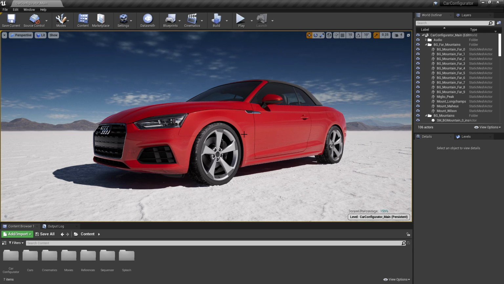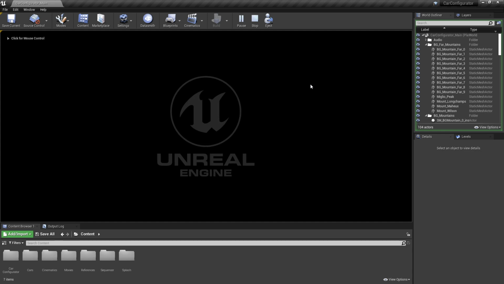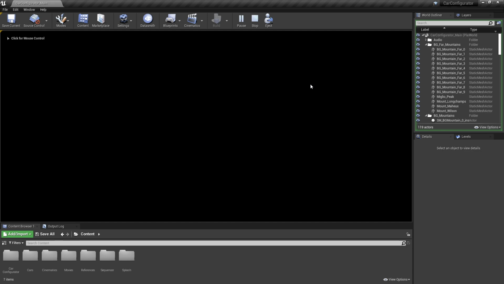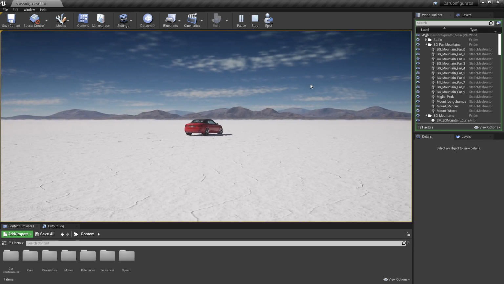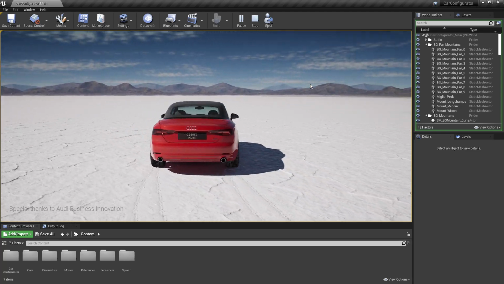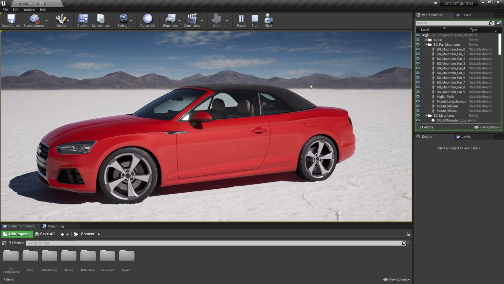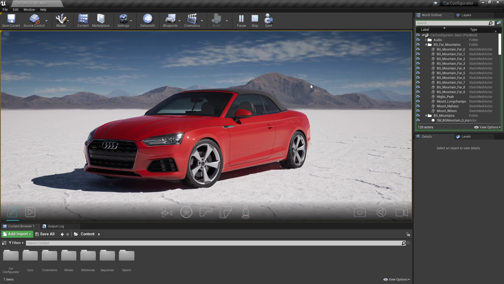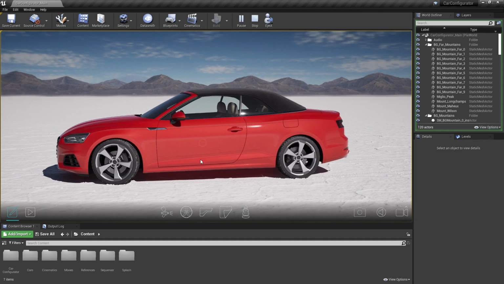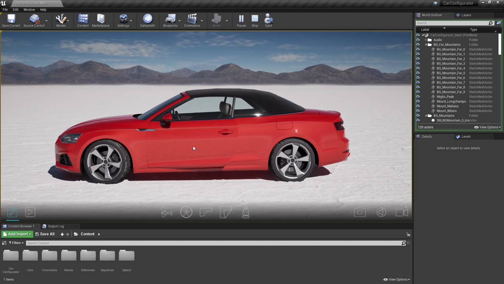So what I'm going to be doing is showing you how you can import your own assets into the sample project and begin hooking them up to some of the logic that already exists in this project. So let's jump into the configurator by clicking the play button. If you guys have played around with the configurator, I'm sure you've realized there is a ton of functionality built into this sample project. So for today's presentation, we're going to focus on a few key pieces of functionality. Primarily, we're going to be looking at how the animation system works and how it's triggered by these hotspots.